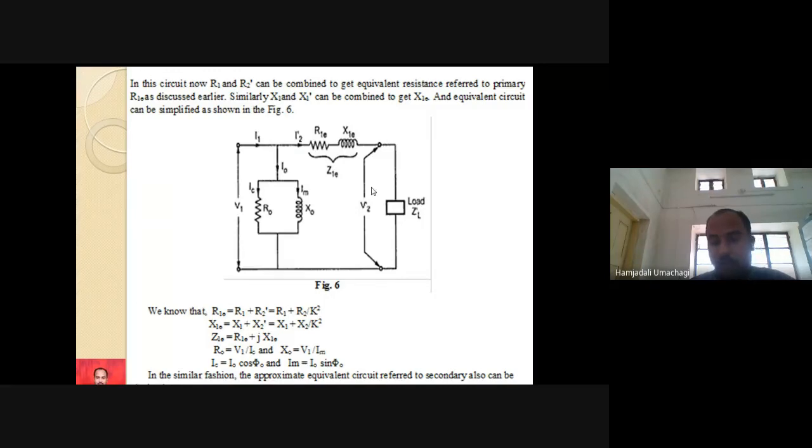Finally, till here you have to draw all the circuit diagrams. For each and every circuit diagram, you are supposed to write the formulas also. Till here you have to explain what the equivalent circuit of a transformer is. Is it clear, all of you? Yes? Do you have any doubts?